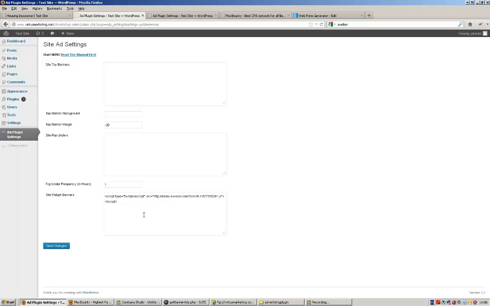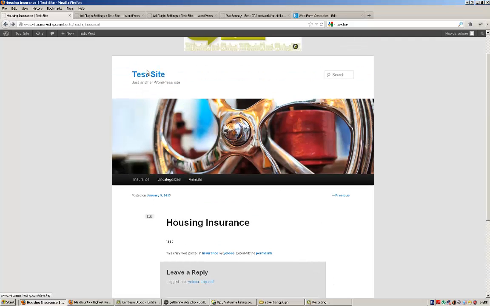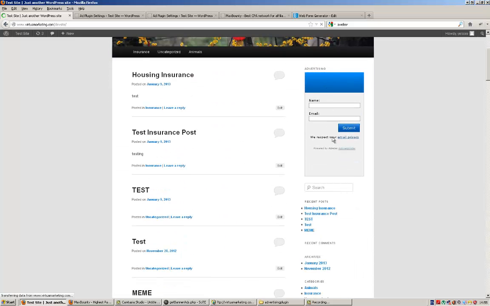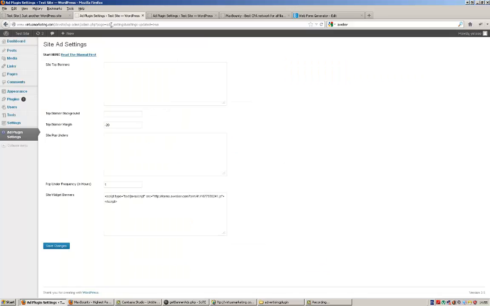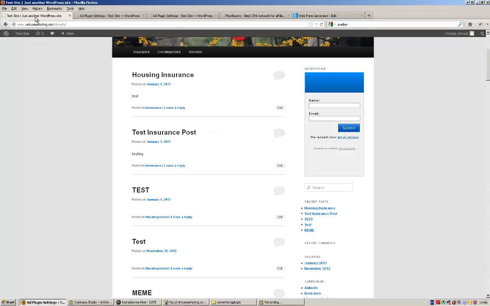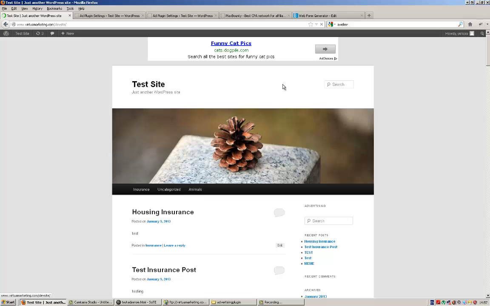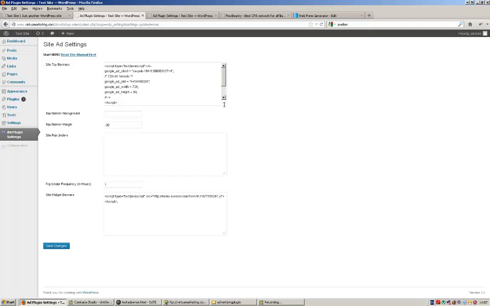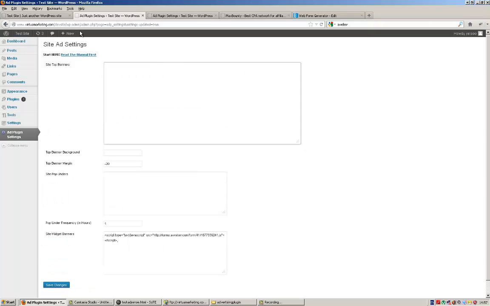So instead of banner advertising appearing in my side widget, I just click on the home page. You can see I've got my opt-in box appearing there, and of course this can be comma separated, so you could put multiple different forms in there and then just split test them to find out which one gets you the most subscriptions. You can also stick AdSense code in here, or any other type of script you want, and there's the AdSense code appearing. You could even put just plain text in, so